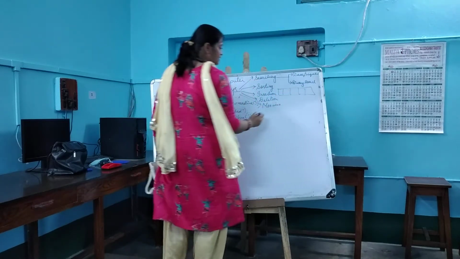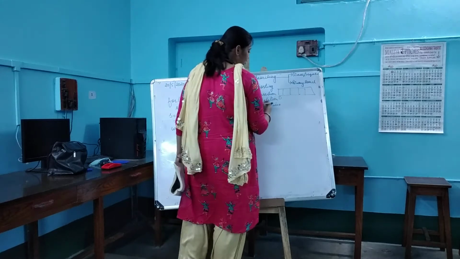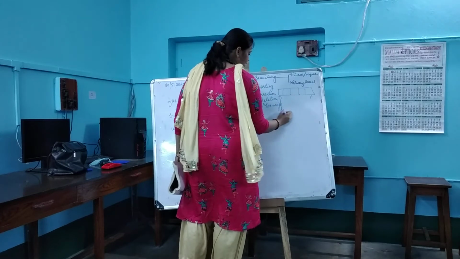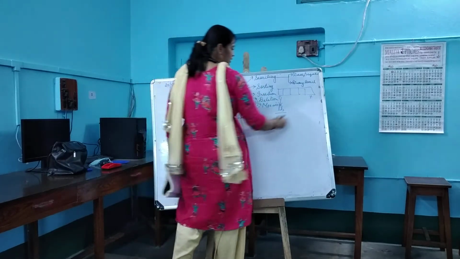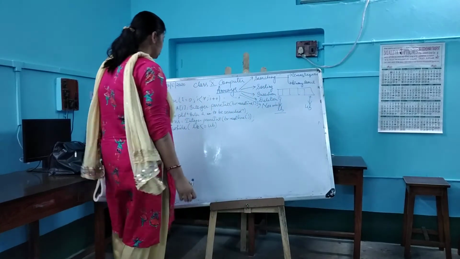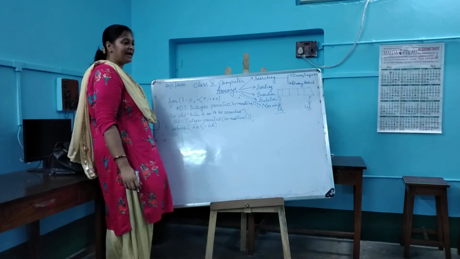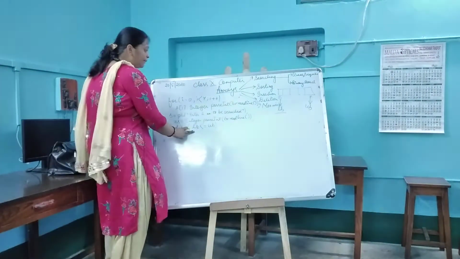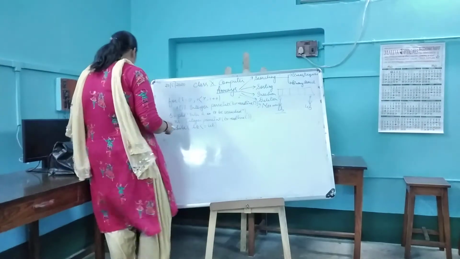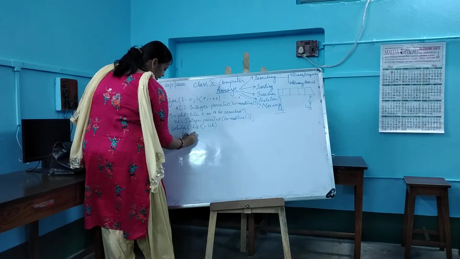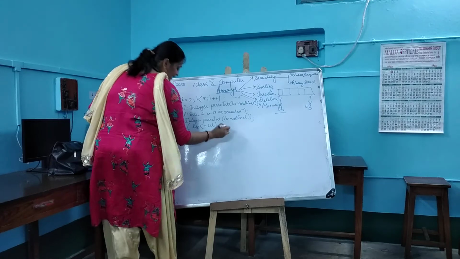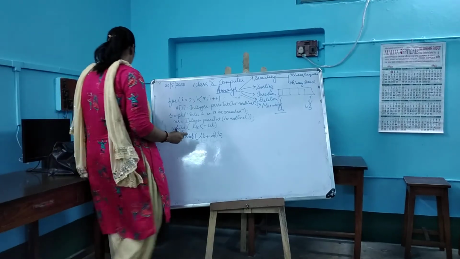Say for example, if this is your list, this is your 0th position, that is your first position, and this is for example the last position, so this will be treated as LB, that is your lower bound, and the last element will be treated as UB, which is your upper bound. So remember that while beginning with the binary search, always see to it that your lower bound, that means your first element, should be less than the last position. Okay, then only the checking will be done. Then is your mid, LB plus UB by 2. This is the formula for finding out the midpoint of the list.